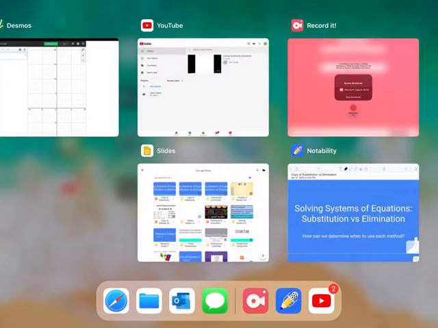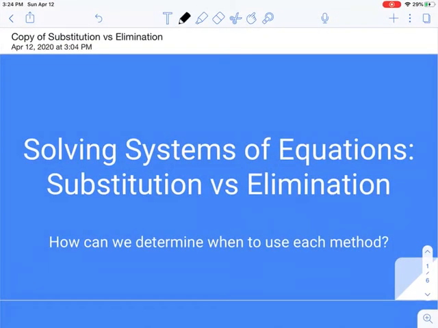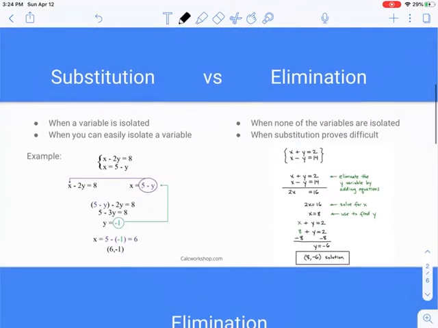So we've gone over solving systems of equations by graphing, substitution, and elimination. Now, here comes the question of when do I use substitution and when do I use elimination? So we're going to go through how we can determine when to use each method. So first,